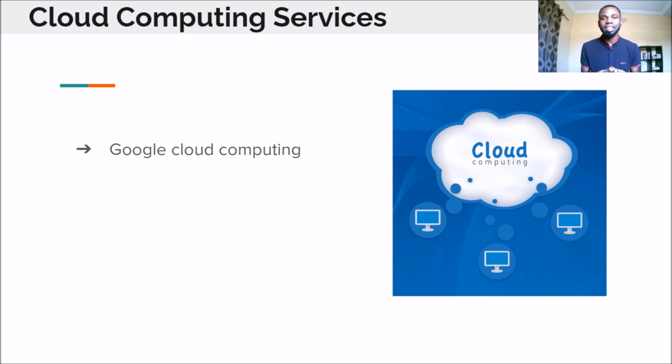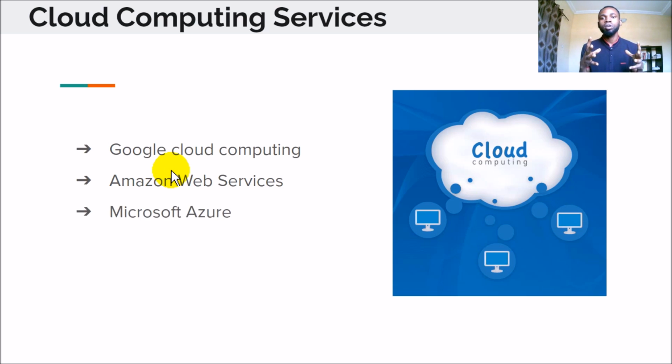And it can be for anything. It can be for your business, for your organization, or for anything. You can build a cloud computing service for it. Another business that provides cloud computing service is Amazon Web Services. Another is Microsoft Azure. These companies have created the infrastructure, everything. The storage capacity is there. All you need to do is come there and sign up for their services. Actually, there is a learning curve on how these things work.